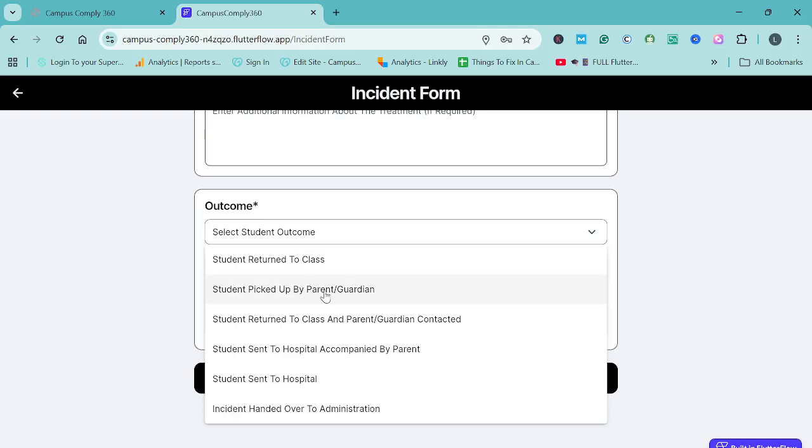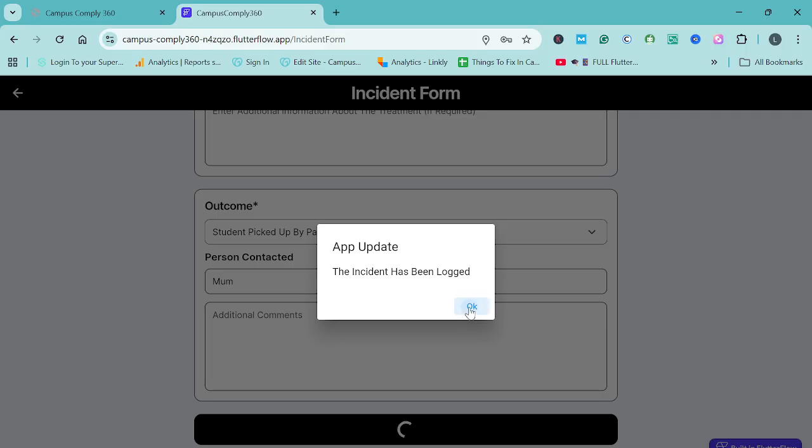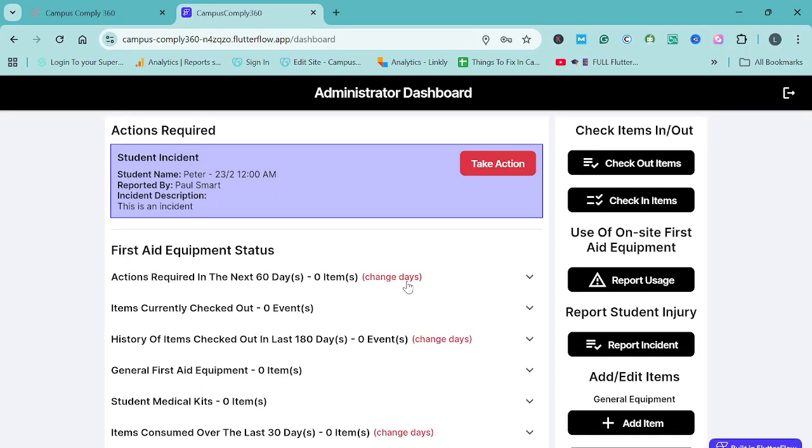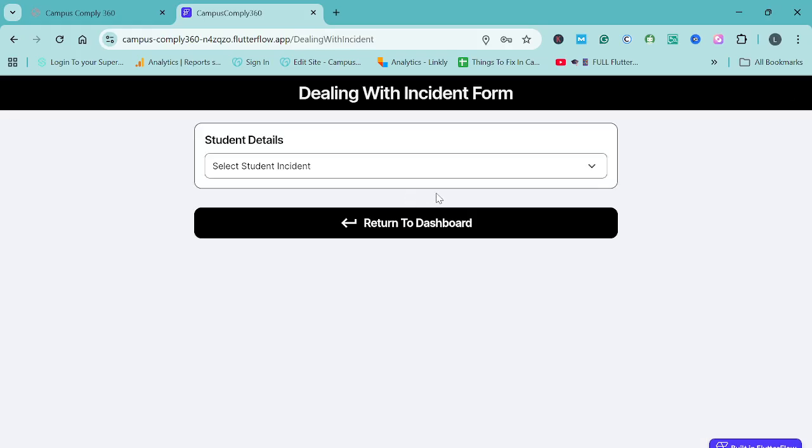Now, if you select any of the items where it involves a parent or something like that, where you're contacting someone off site, you'll be prompted for that information. Once you save that, the administrator will receive, as per all the other things, a notification that an event has occurred that they need to take action with. Now, we click into that event and we select the event,